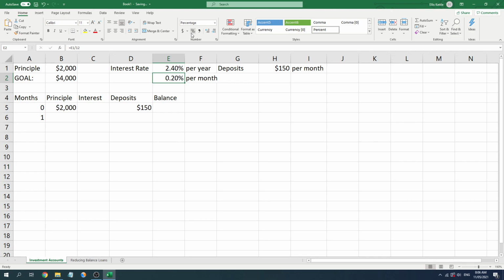Now, you'll notice it has automatically converted it as a percentage. Okay? So, I'm just going to go back. It is now a decimal, which is perfect for what we want. I wrote this using the percent symbol, so Excel knows that this is a percent. So when I divide it by 12, it's also dividing by 100 because it knows that it's a percent. Alrighty, so I've got my 0.002, which is my per month interest rate,